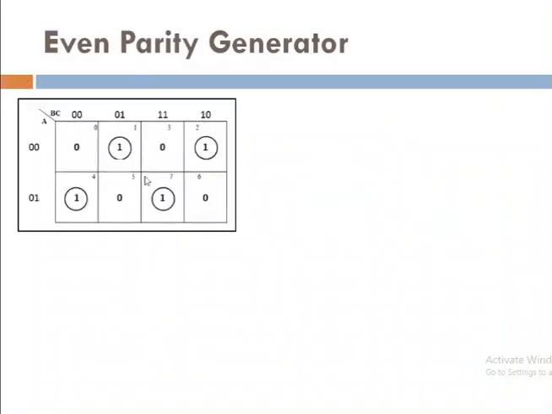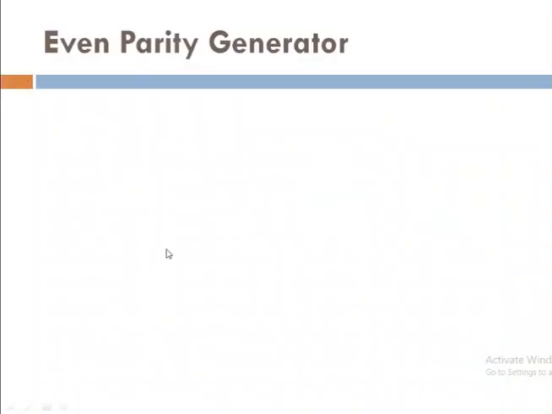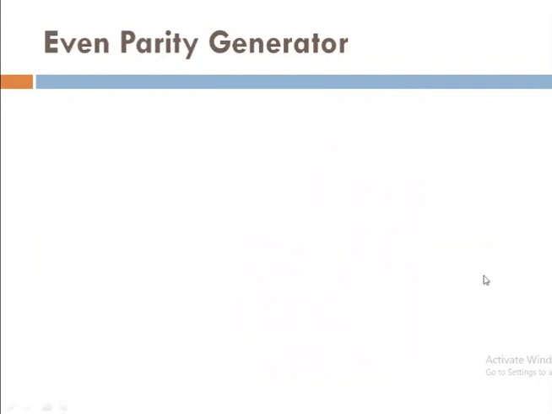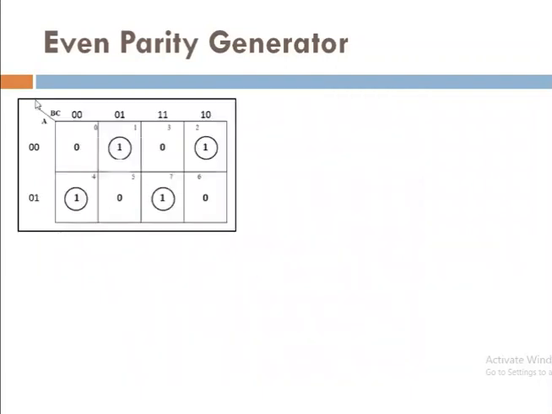Okay. So these four values, 1, 2, 4, 7, I need to map on the K map. I have considered the three variable K map. Here I have considered A as the MSB bit, and the LSB variables are here. As per this, we can say that this is a vertical K map. You can design the horizontal K map, no problem.